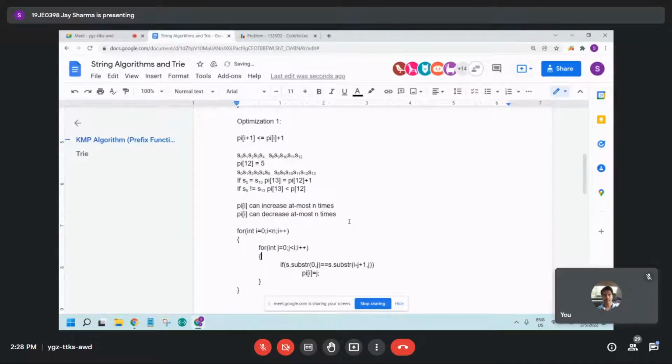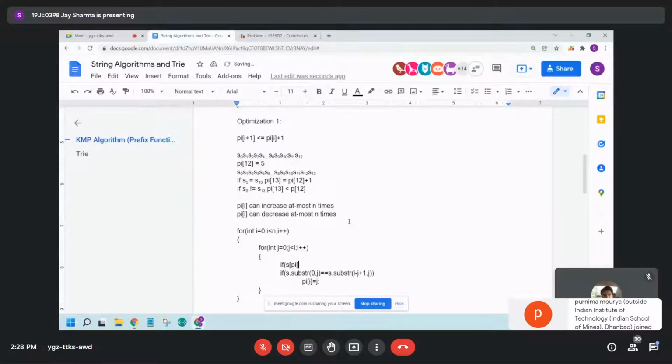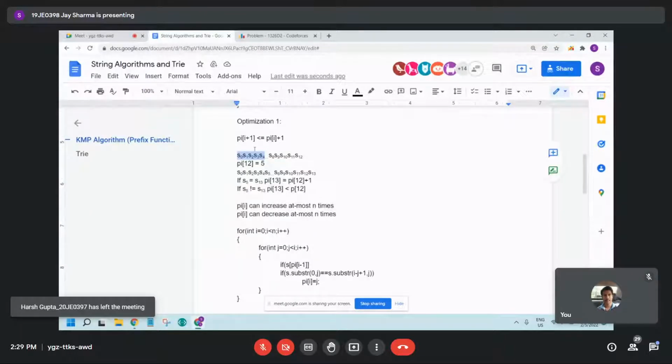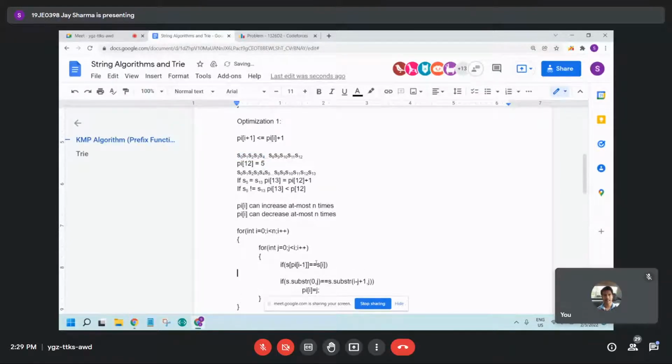So this is the iterating. We are not changing anything to the loop. But if we check if s of prefix at I minus 1. The prefix that was there before, this whole part, will represent the prefix of I minus 1. So if s at that index, like here in this case prefix of I minus 1 was 5, so if s of 5 is equal to s of I,